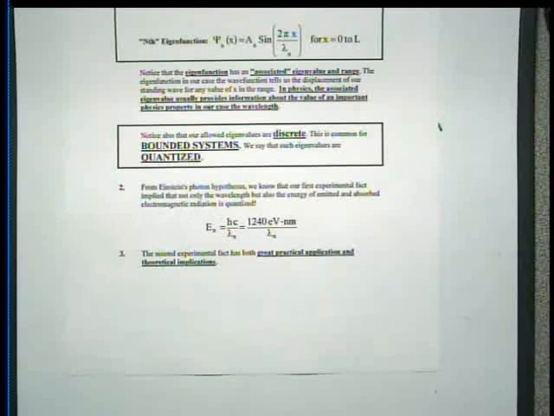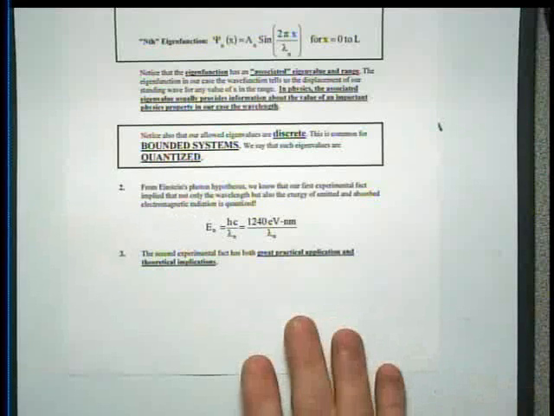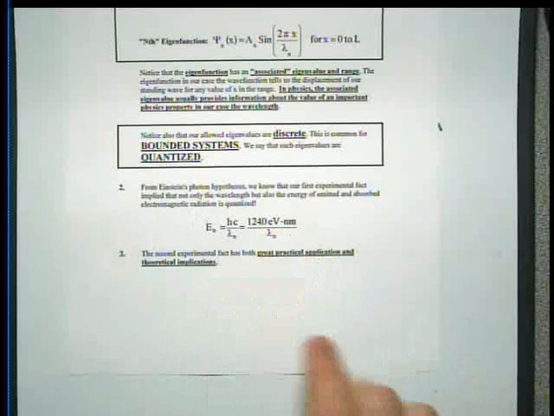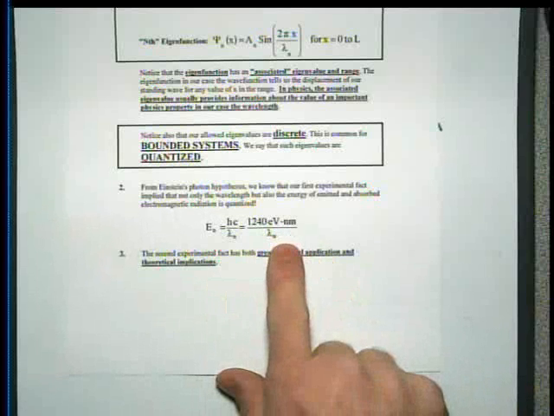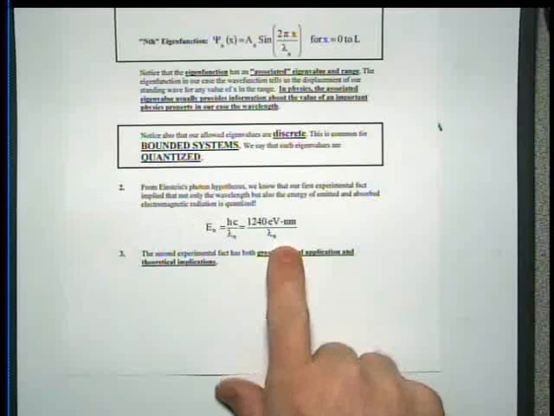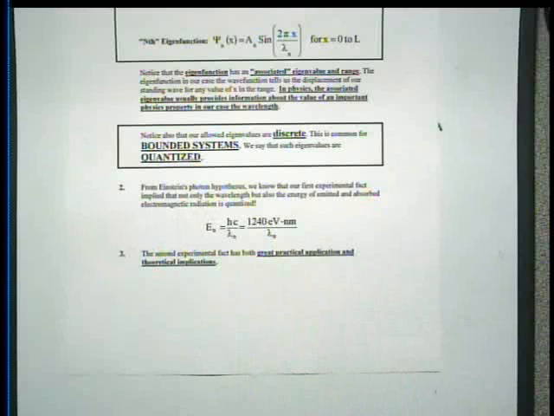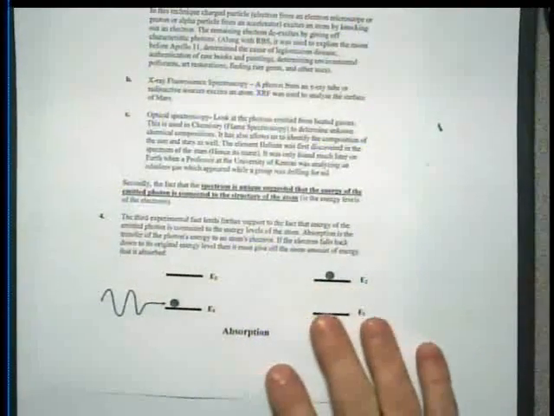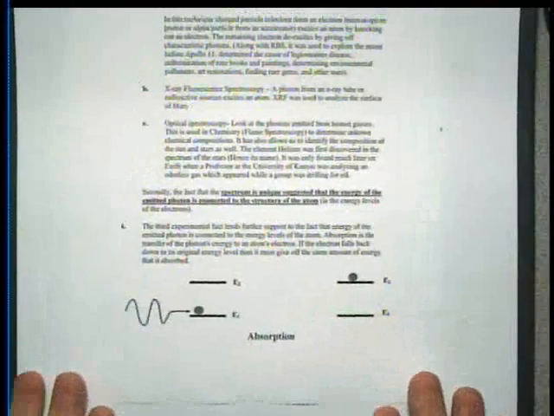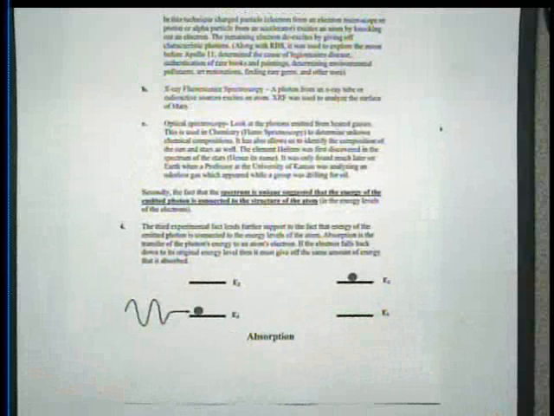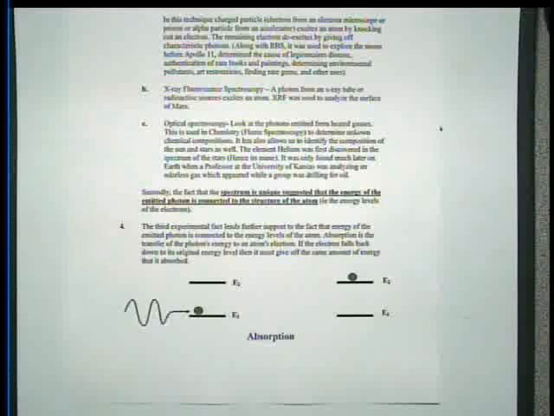All right? So Bohr knew a lot about what was going on. He knew what Rutherford was doing. He knew about spectral lines. He knew he had to bind the system. He knew he had to make sure it matched Einstein's equation. He had all that sort of information. Another thing he knew, you had emission and you had absorption. And if they were going to have the same lines, if the absorption lines were going to match the emission lines, then whatever energy was going on in the process had to be the same type.